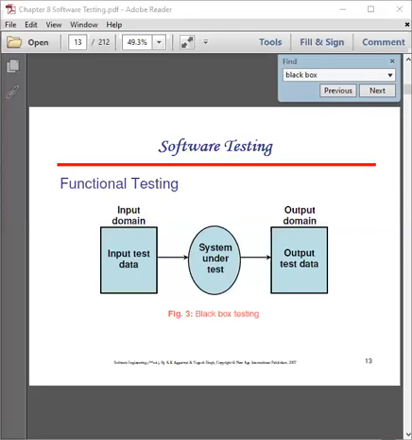This method attempts to find errors like incorrect or missing functions, interface errors, errors in data structure or external database access, behavioral or performance errors, and initialization and termination errors. Black box testing is either functional or non-functional, without reference to the internal structure of the component or system.